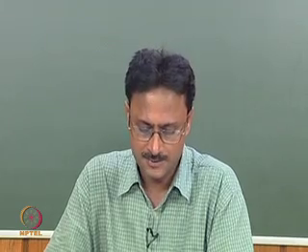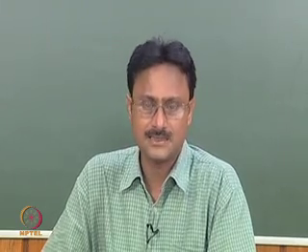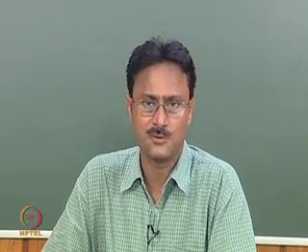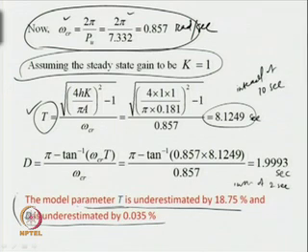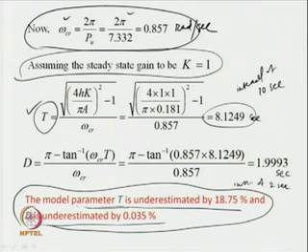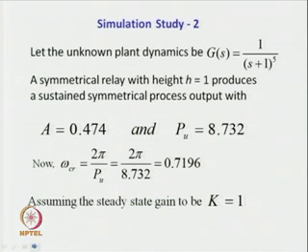If the relay is substituted by its exact gain, or making use of the exact analysis of relay control system, it is possible to estimate the transfer function model parameters accurately, whereas we have to sacrifice some accuracy in the case of a relay control system using the describing function technique. Let us go to one more simulation study, where the unknown plant dynamics is assumed to